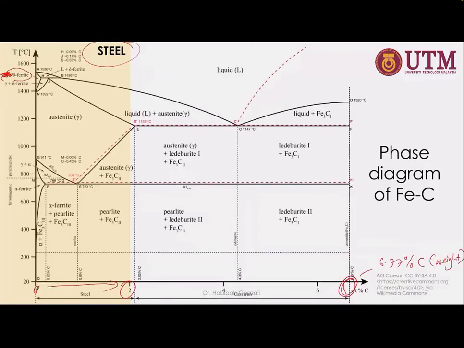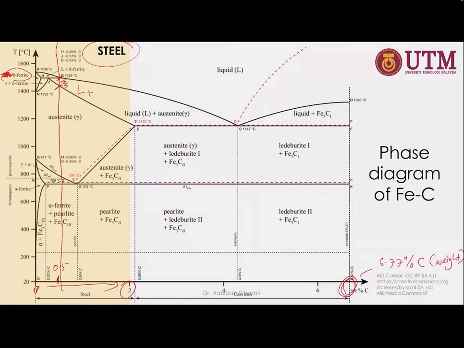Where is 0.5? It is about this region. If you draw a line, you may see that the metal starts to solidify at a temperature around 1400-something, and lowering the temperature, you will obtain two phases,